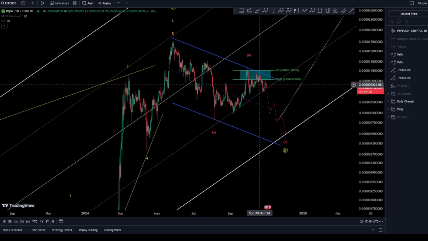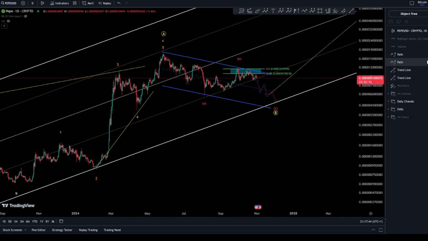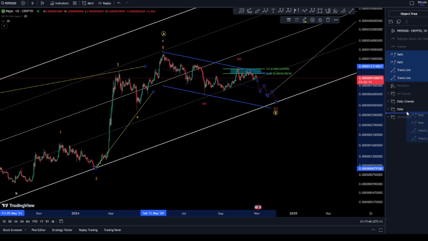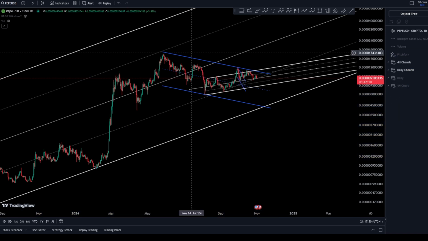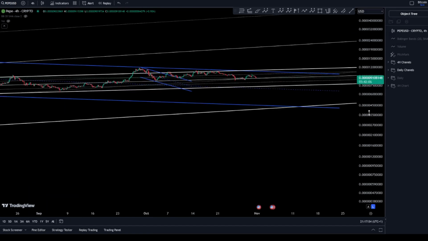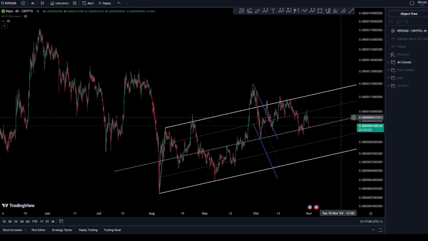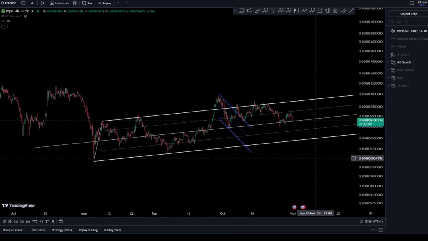Let's move a little bit inside it to see what is going on inside Pepe. The daily is done, so let's go inside the 4-hour chart. And on the 4-hour chart here, what did we have before? Let's check. Yeah, we already sent a,